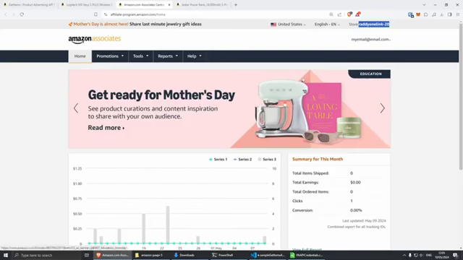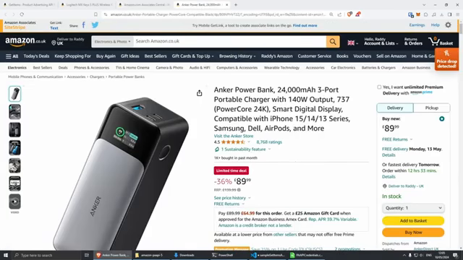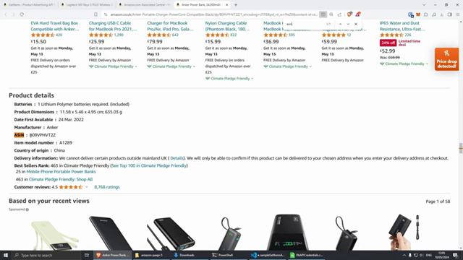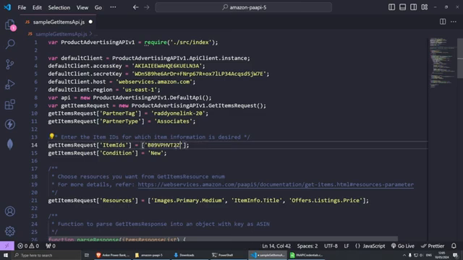And in order to get one, essentially you need to go to Amazon, find a product. For some reason, not all of them have one, but most do. And if you search, for example, on this product, let's say if you search for ASIN, this is the ASIN number that you need to copy and paste inside here in order to get specific information for this product. And of course, you can list more here by doing comma and then just listing them like so,